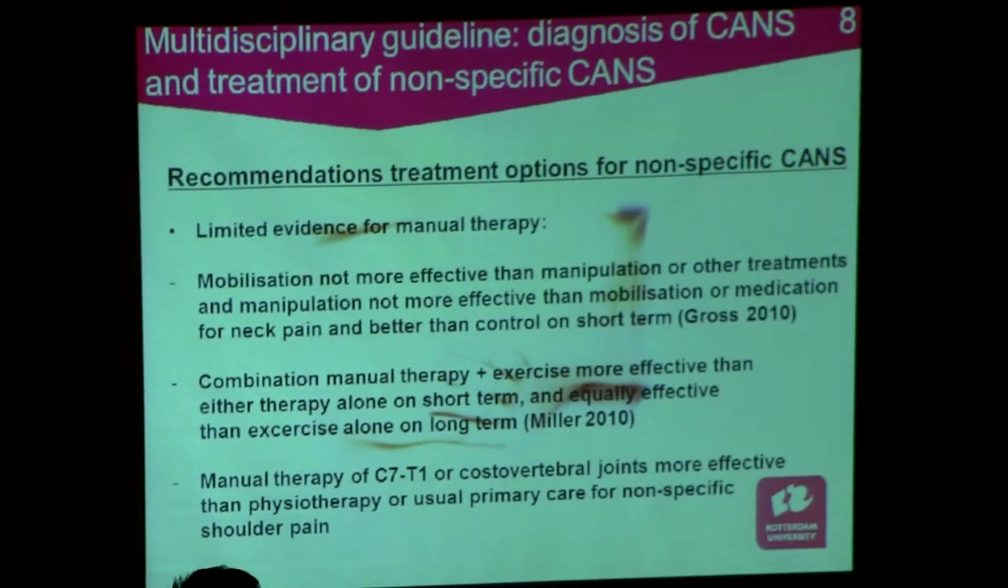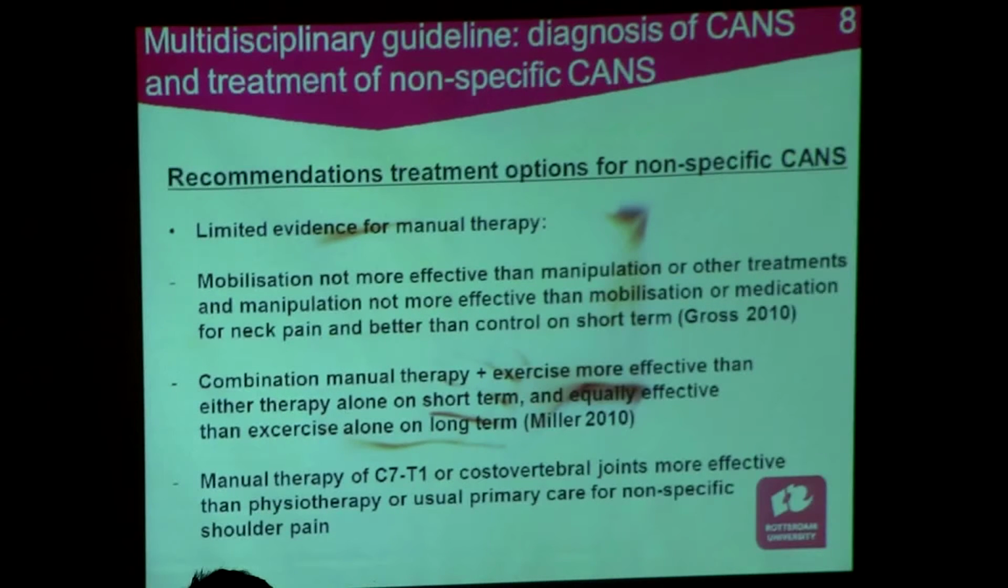So with regard to manual therapy, there was limited evidence in the literature for positive effects. Mobilization was not more effective than manipulation, but if you look at the one or the other and compare it to other treatments like pain medication or usual care, it seemed to be a little bit better in the short term. So it's not a very firm conclusion, but there seem to be some indications that it can do some